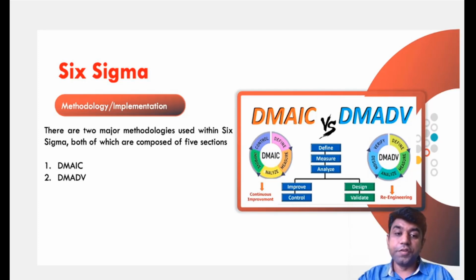right? DMADV is very similar to the DMAIC process, only here the changes are in design and verify. It means after analysis we are designing the system and then we are again verifying the system, right? If we go for this, then we can have the 6 sigma concept. Basically, DMAIC focuses on continuous improvement, that is Kaizen. About that also we had discussed earlier, and DMADV focuses on the re-engineering concept, which we have discussed right now, right? So if we follow those principles, we can get 6 sigma, which means only 3.4 defects